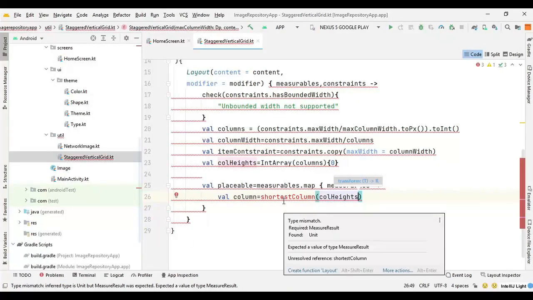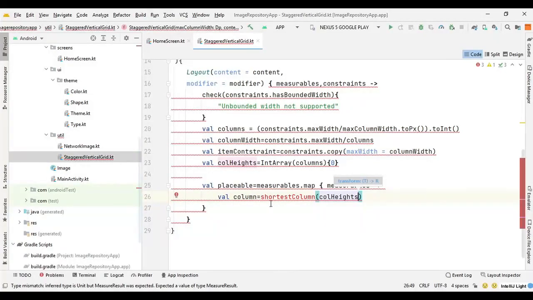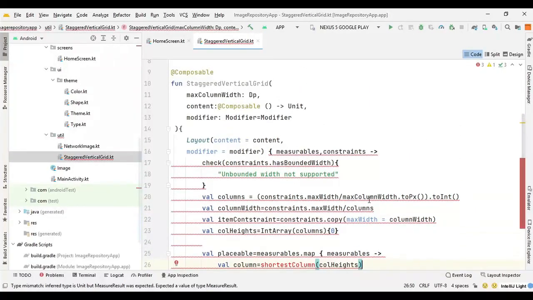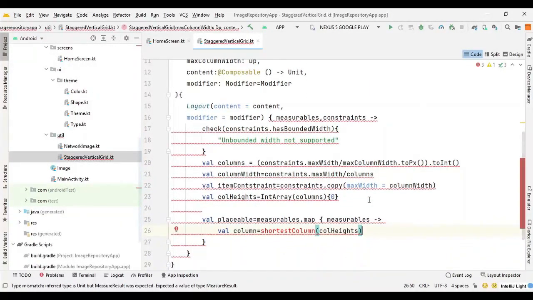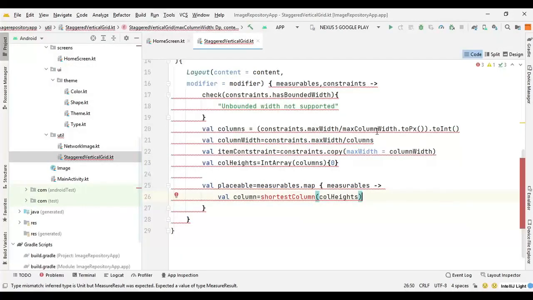This function we will need to create. We will just create it shortly, but let me finish this vertical grid first.